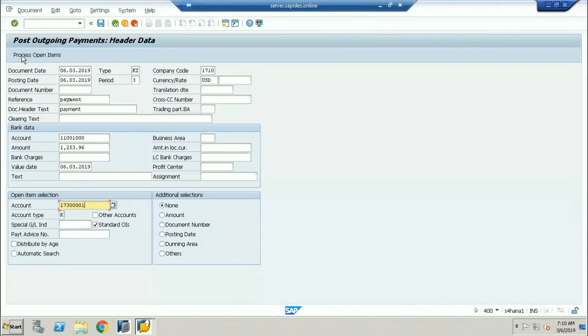Now there is an option called process open item. Process open item means you're processing all the open items for the clearing of the payments.